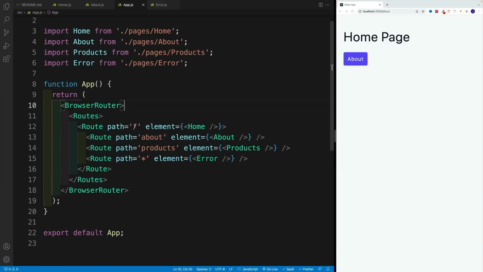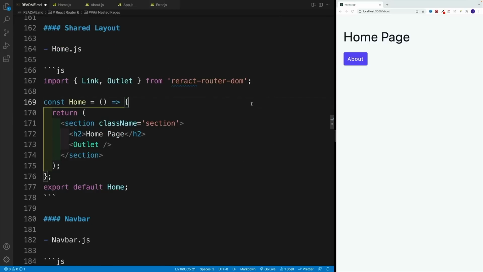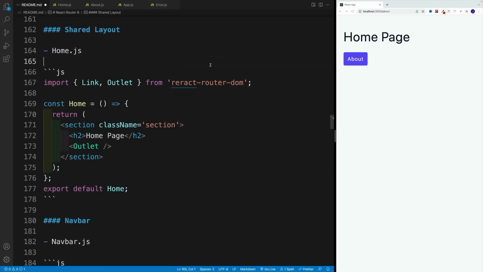And then whatever we have for a path is going to be the main path. And then whatever we set up over here is going to be the parent plus this value over here. So if you go here with dashboard, then it's going to be dashboard about, dashboard product. And since in our case it's a home page, we go with about and then product. Okay, so our initial setup works somewhat all right,